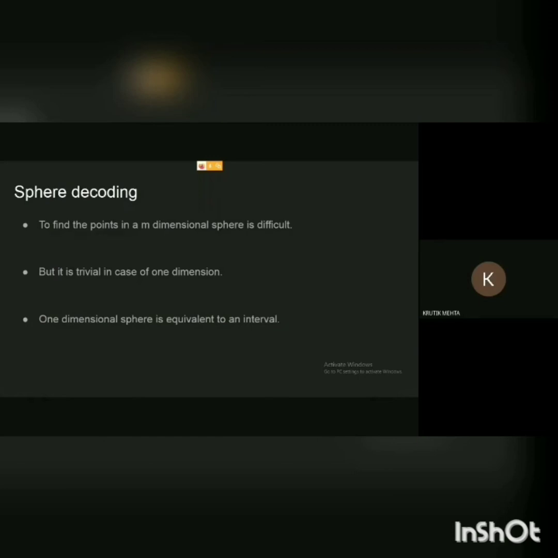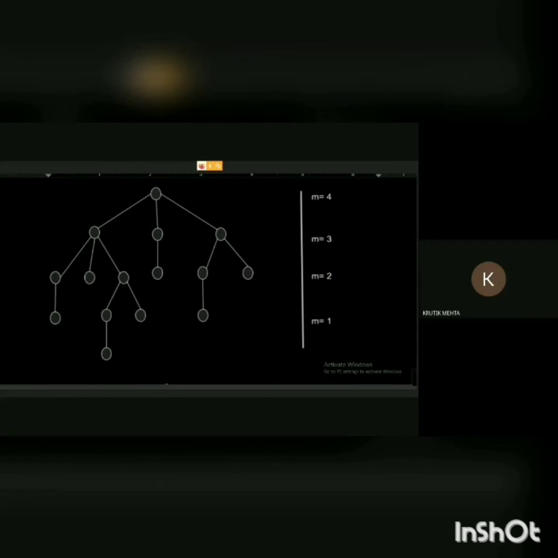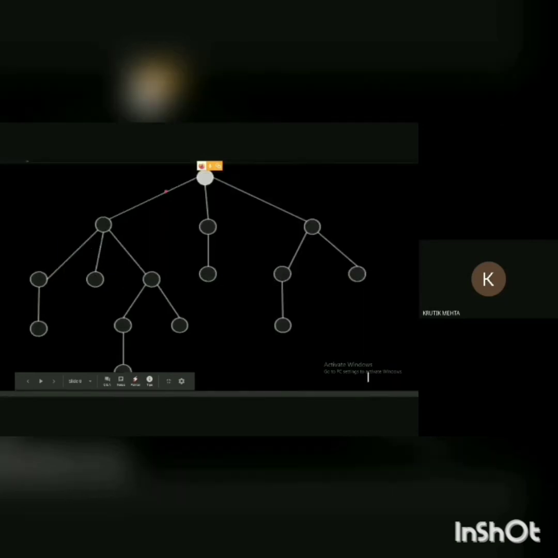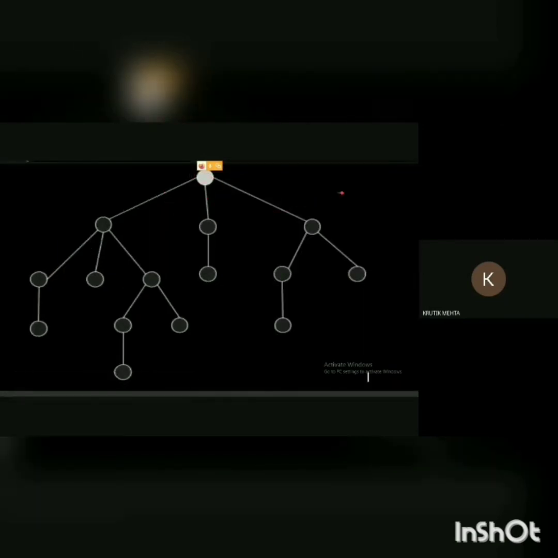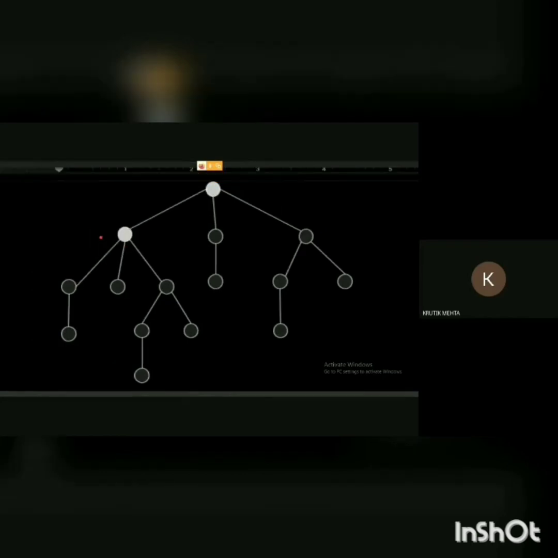So we'll briefly describe what this algorithm does using the tree structure we have developed. Let's say in the first dimension we get an interval. We take the first element of that interval. Suppose we get only one value. We'll take this and save it. Now given this element, we'll find for the next dimension the number of integer points that it can have. So here we get around 3 points. So we again take the first element. Now we have these two elements in our vector.